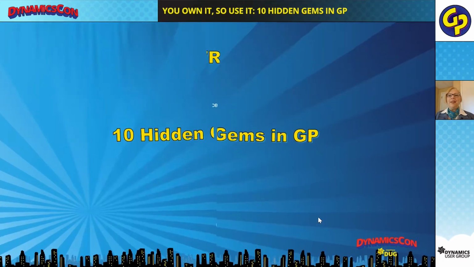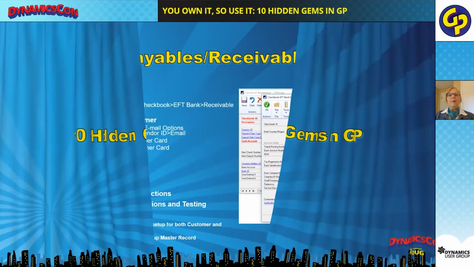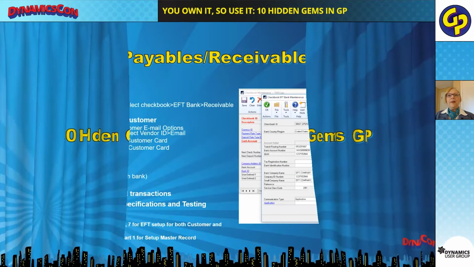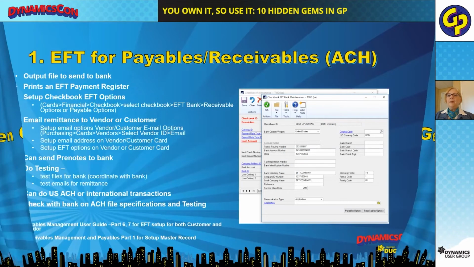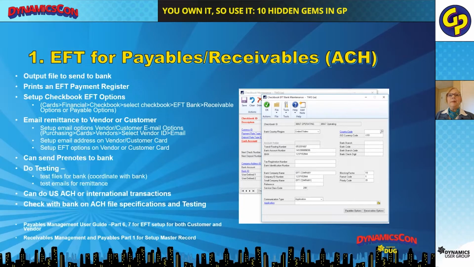So 10 hidden gems in GP. So first one up is EFT for payables and receivables. Some people might be aware of EFT for payables, but you might also not be aware there's also EFT for receivables, which is a great solution for